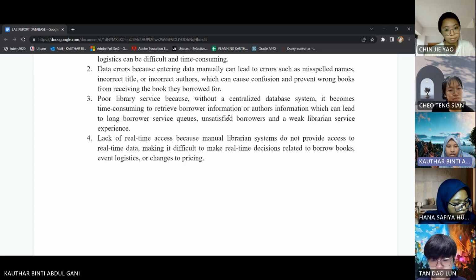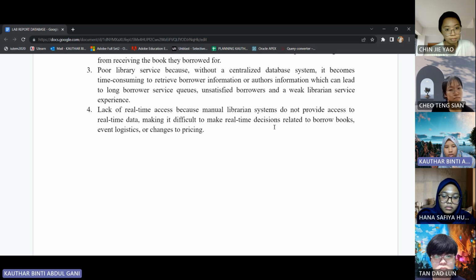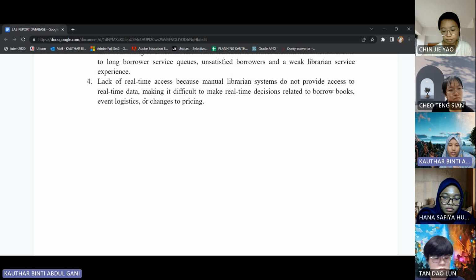The third is poor library service, because without a centralized database system, it becomes time-consuming to retrieve borrower information or author's information, which can lead to long borrower service queues, unsatisfied borrowers, and a weak librarian service experience. The last is lack of real-time access, because manual library systems do not provide access to real-time data, making it difficult to make real-time decisions related to borrowing books, event logistics, or changes to pricing.